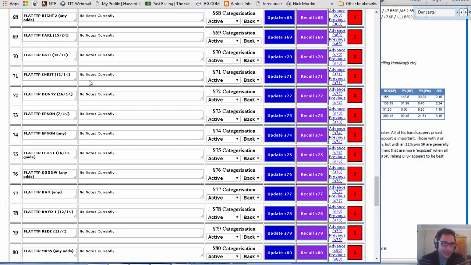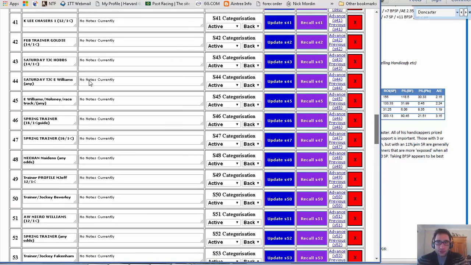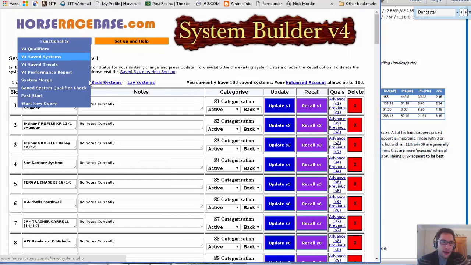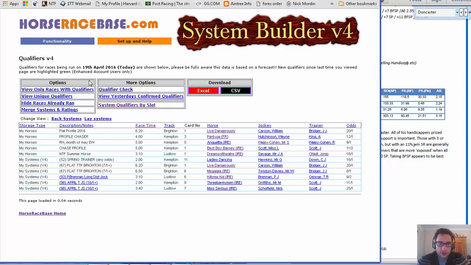And the other thing is, when saving it, you put in the name. I put flat TTP Donny plus the odds cap, so that it comes up within the system rules, so that you can see that as a guide. You don't have to keep referring back. And if I look at the qualifiers,